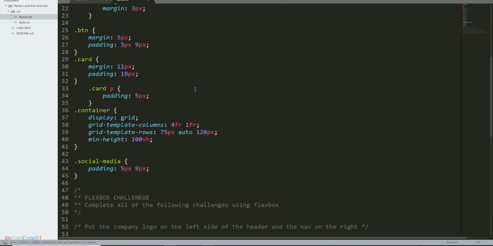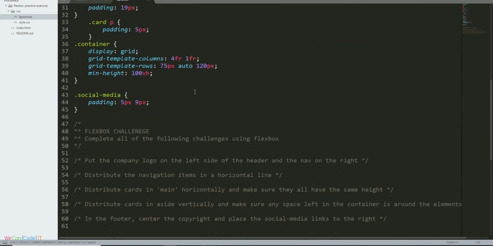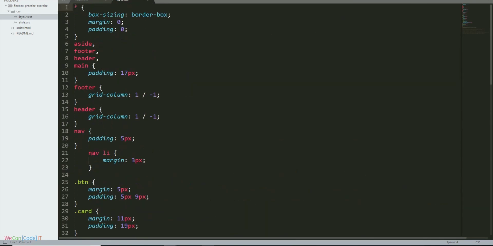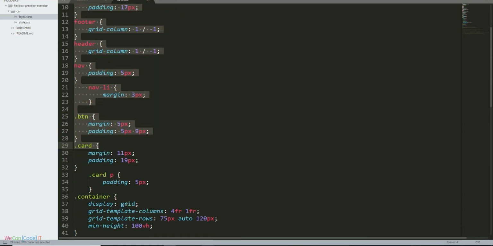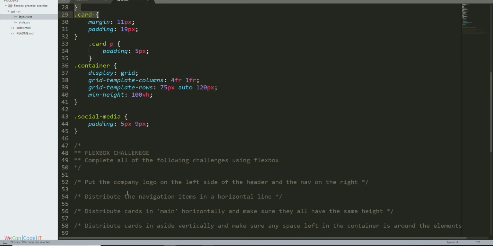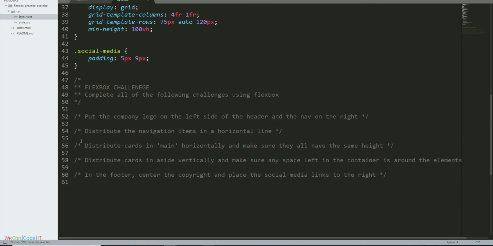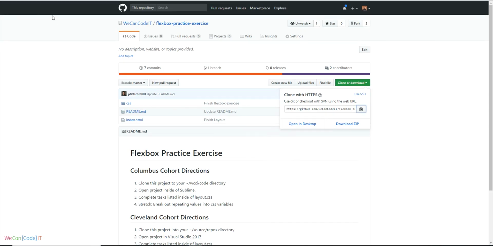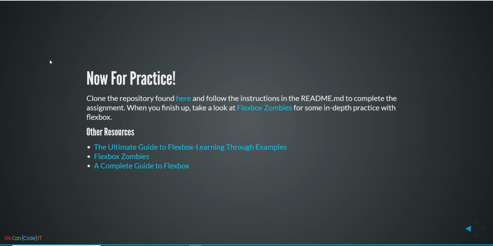The challenge itself actually is going to be inside of layout. So notice that we have some layout stuff already set out for you here, and this is all grid stuff to lay out your page. The Flexbox challenge itself is down here, and you are going to be completing each one of these challenges inside of the comments. So good luck with that,